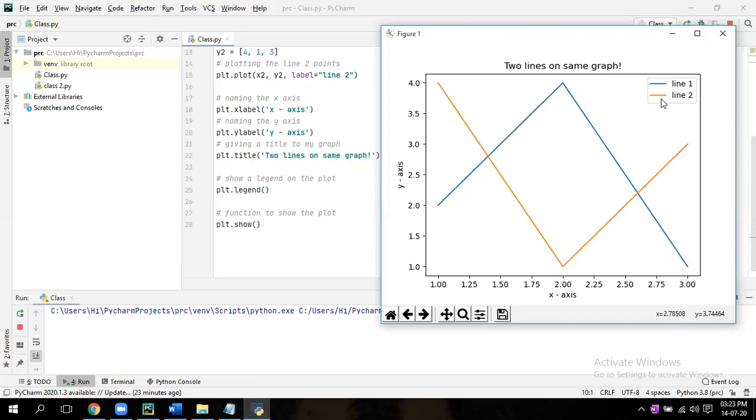Okay. Now I'll show you some properties, how you can include some properties. So this is more than one line. Simple, you have to take x-axis, y-axis, x1, y1 and x2, y2. Then draw two lines. Simple. Plot it. Then show. Now, if you want to customize some line, like I want to change the color, thickness or width of some line, that also you can do. Now go to the next program.